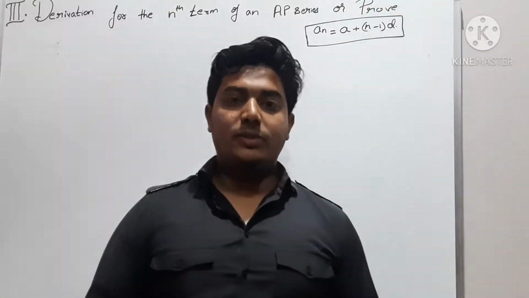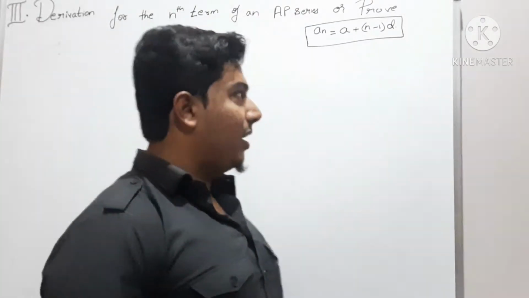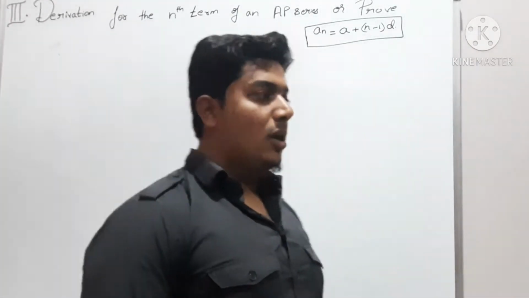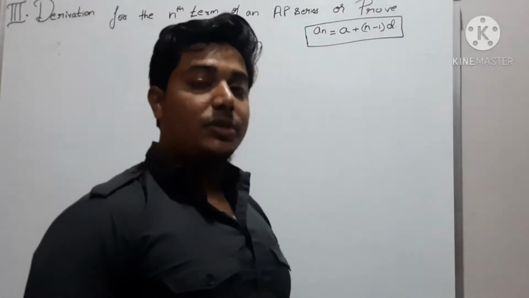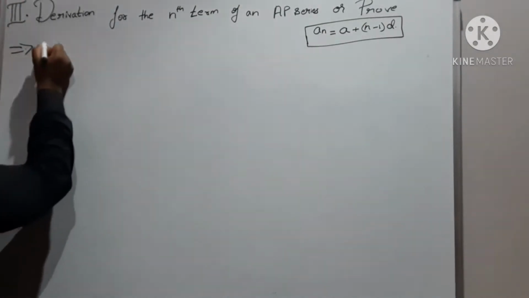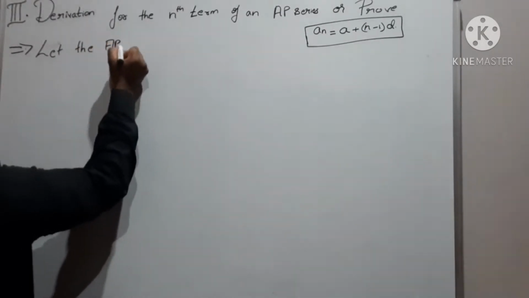Derivation of the nth term of an arithmetic progression series. Basically, in board examinations they will ask you to prove an is equal to a plus n minus 1 into d. So the solution or the derivation is as follows. We need to write: let the arithmetic progression series